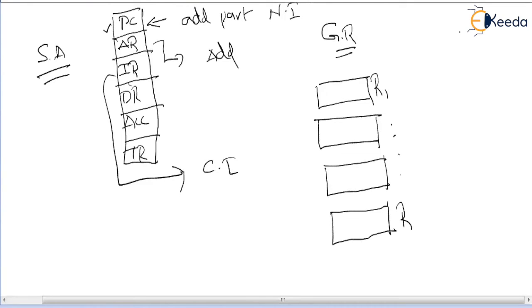Earlier, my variable A was transferred to the accumulator. Now this A can be transferred to one of the general purpose registers, whichever is free.